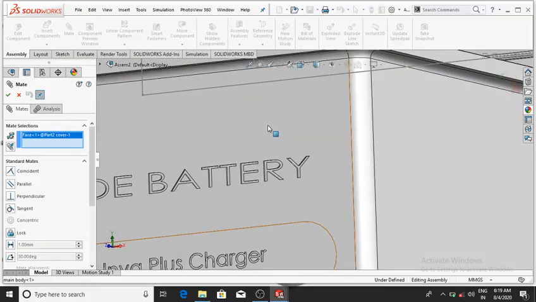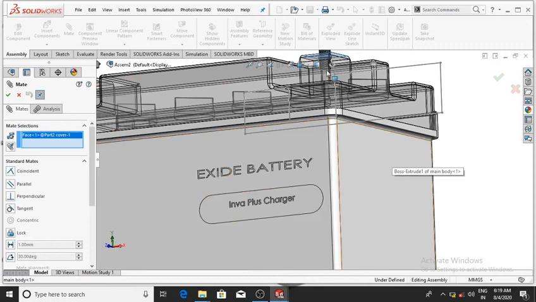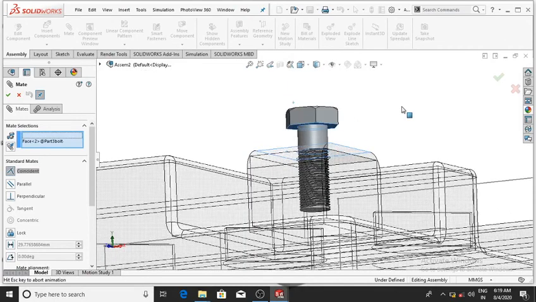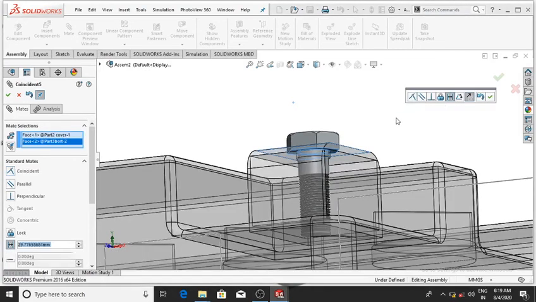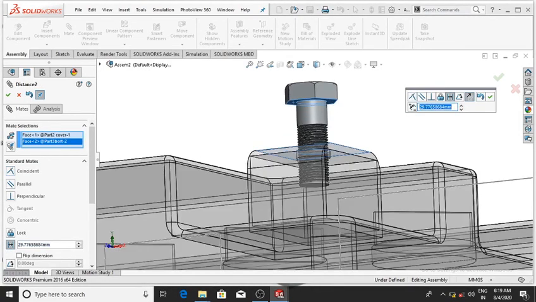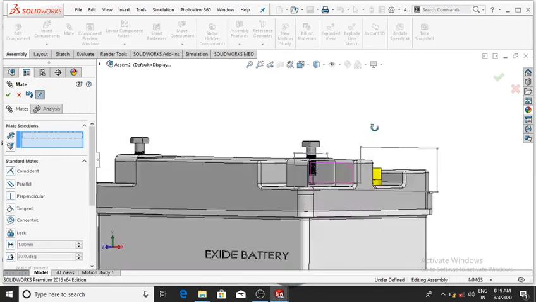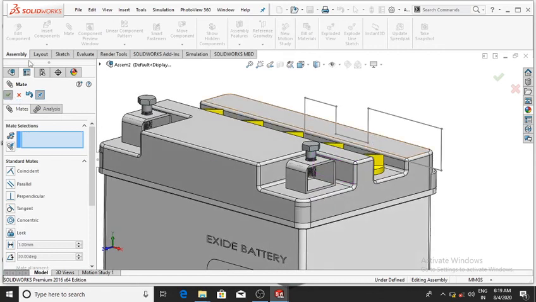And make the relation from this face, and again select this face, and the gap will be 20 mm, then okay.